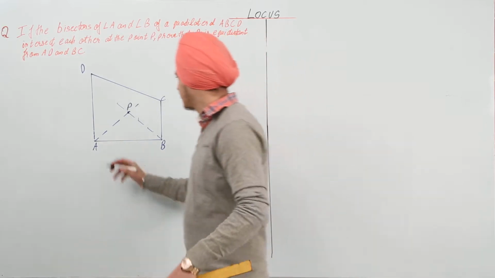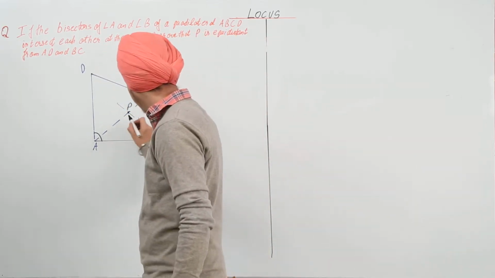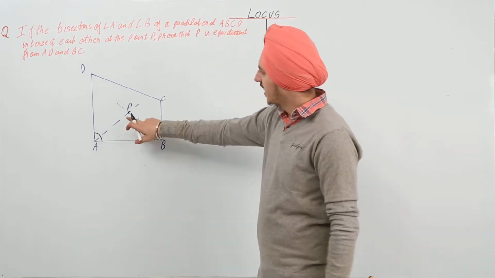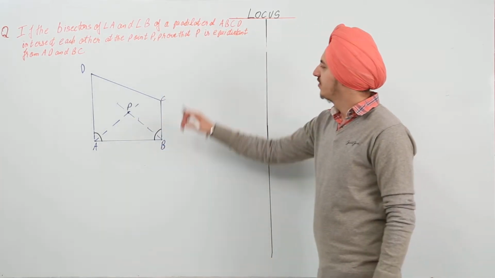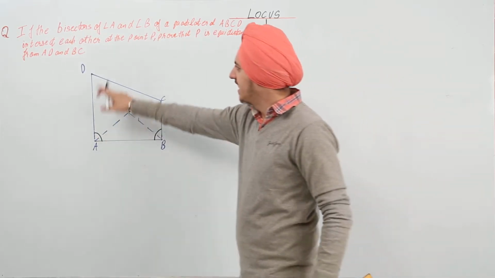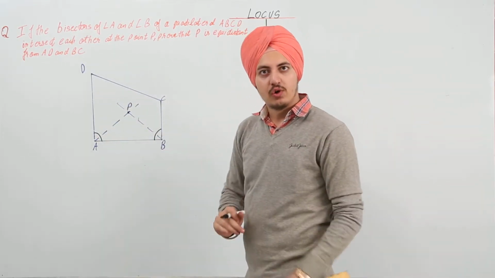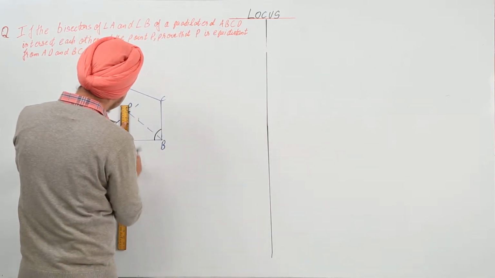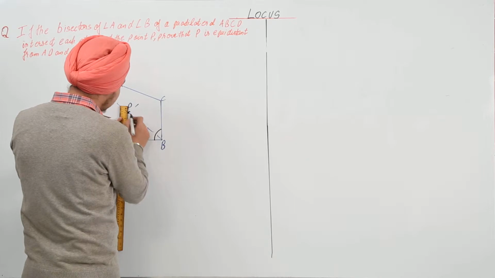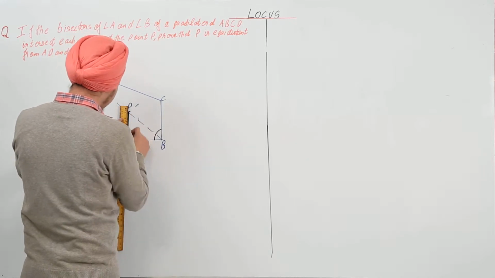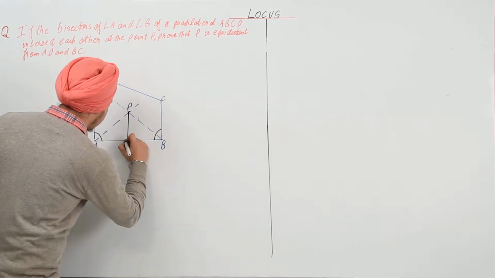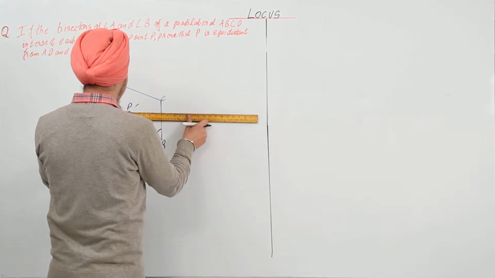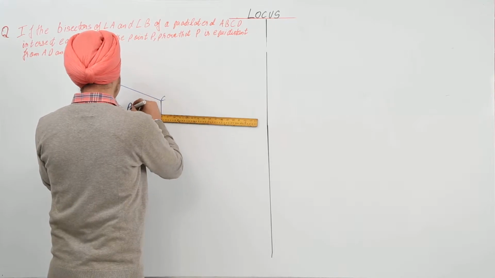This is the angle bisector of angle A and this is the angle bisector of angle B. We are given that they meet at a point P and we have to prove that P is equidistant from AD and BC. So first of all, we draw perpendiculars from this point onto the lines: first one perpendicular from this point on AB, then a perpendicular from this point on BC,